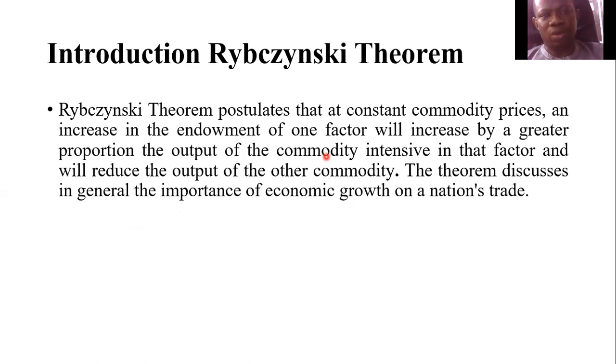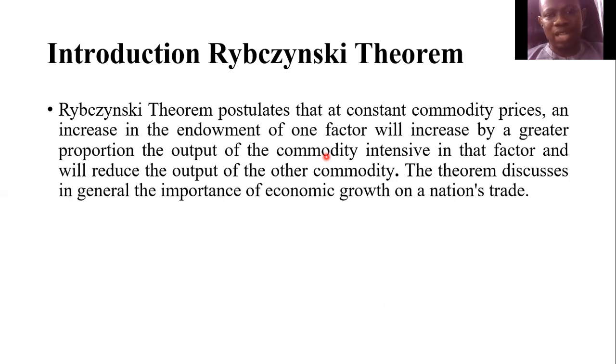From there we can also quickly look at the Rybczynski theorem. The theorem basically postulates that at a constant commodity price, an increase in the endowment of one factor is telling us what the implication is, assuming that a country experiences growth and there's an increase in a particular endowment. What is going to be the effect on output of the two commodities? It's going to increase the output of one commodity, or increase the output of the two commodities together, or increase the output of one commodity and leave the other unchanged, or reduce the other commodity. That's basically the underlying idea about the theorem.